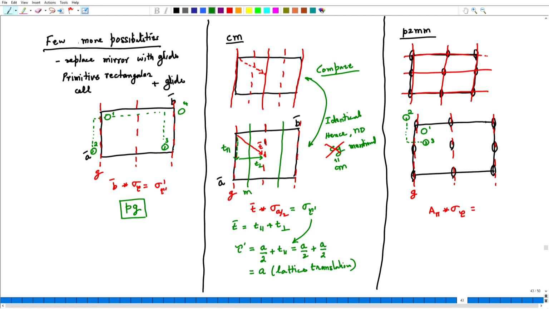So, I am going from 1 to 2 through the rotation of pi and 2 to 3 as a result of glide. Now, I want to find out how to go from 1 to 3.